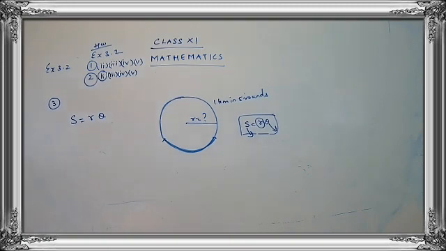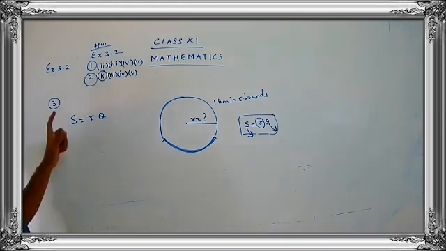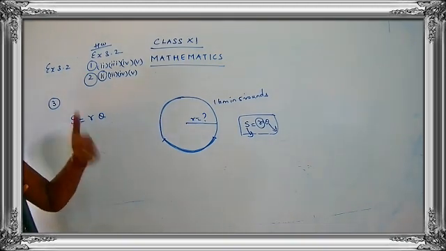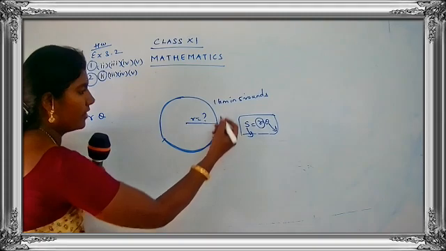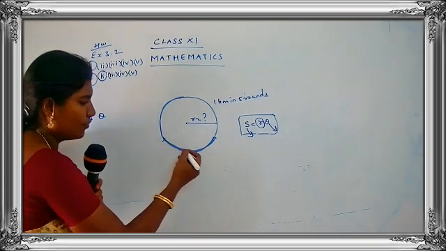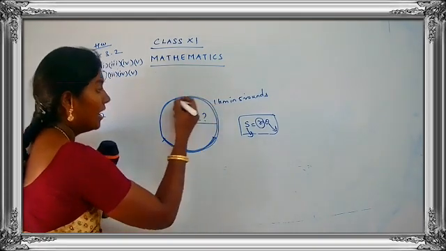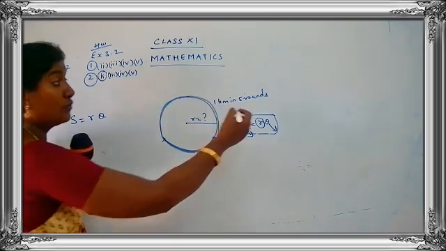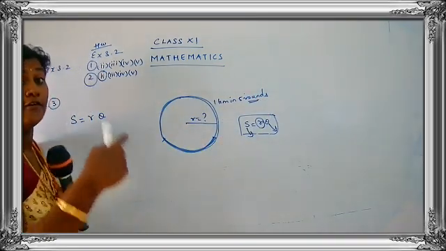Okay, now what is S here? Let's come to S part here. Now, how much is the athlete running? What is the athlete doing? The athlete is covering the circular pathway. So, he's just moving along the circle pathway. How many times he is going to move? He is going to move 5 times. He is taking 5 rounds.